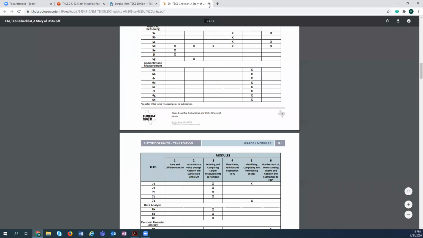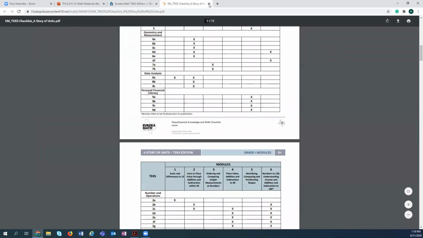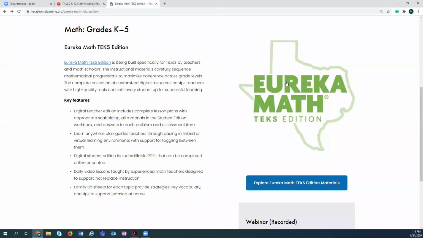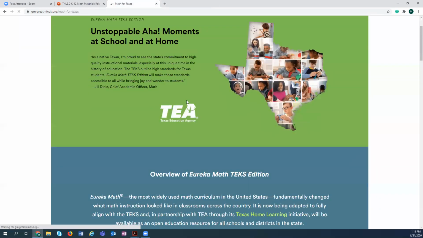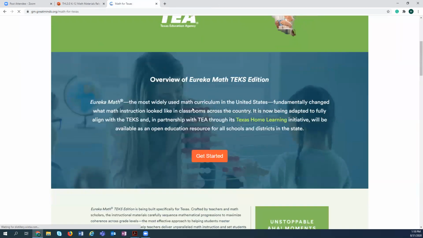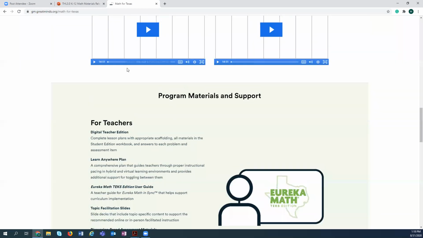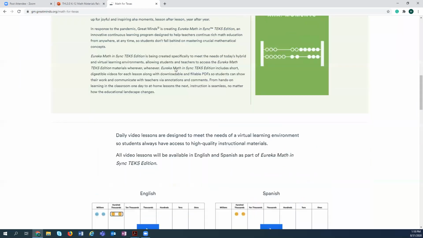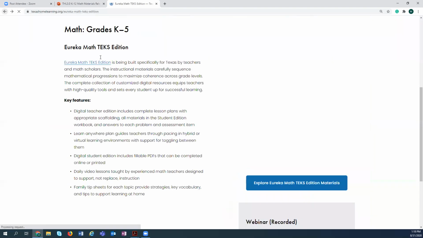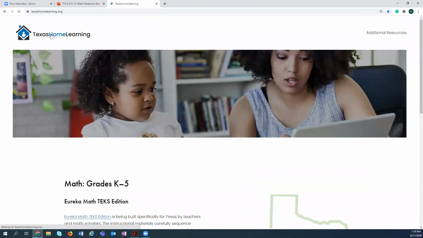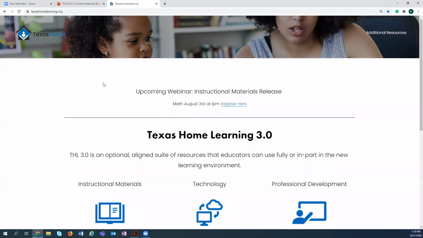I'm going to go, I did share again that pacing. I know some people had some questions, so I'll go back really quick. That was on the Eureka page underneath the For Teachers, and you can find the standards coverage right there. I'm going to jump in now and return back to our Texas Home Learning main page